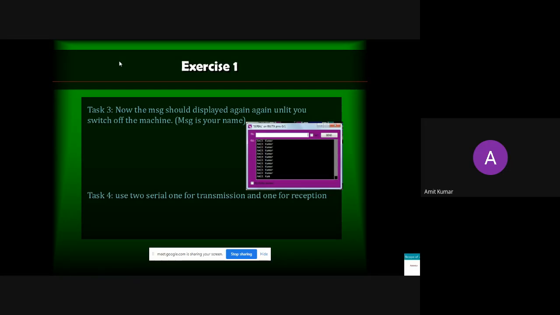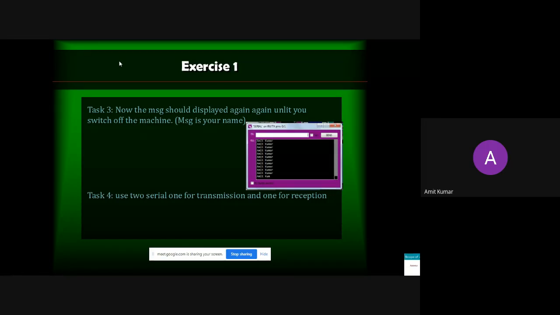I have already told you we are having two sections: one is setup, and one is loop. In setup, you make the changes so that your instruction will execute once, and in loop it executes again and again. I showed a blink LED program where your light is blinking again and again until you stop the process.